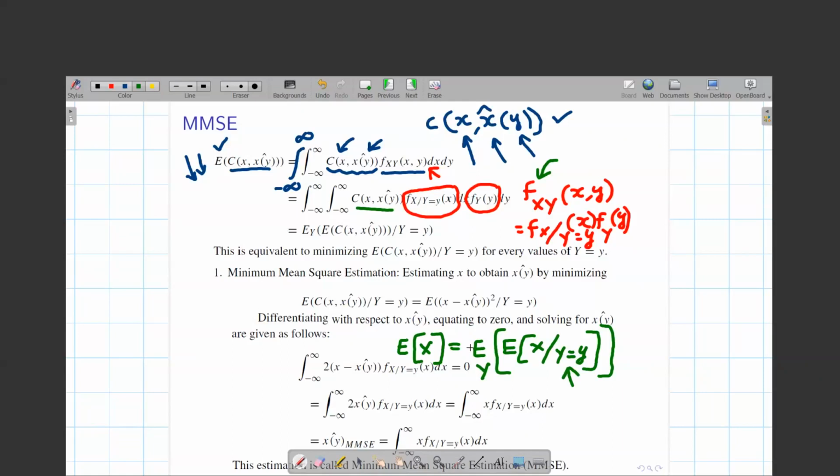What I'm trying to say here is, you are taking this expectation over the function, whatever the cost function involved. X cap of y is the cost function involved, given y equal to y, fine, right? You are taking this conditional expectation, and then you are taking this expectation over y. I hope this is clear. You are taking the conditional expectation and taking that expectation over y, and that will automatically become